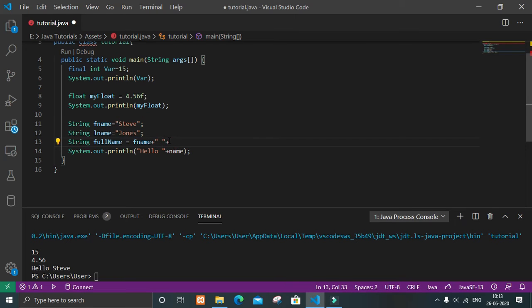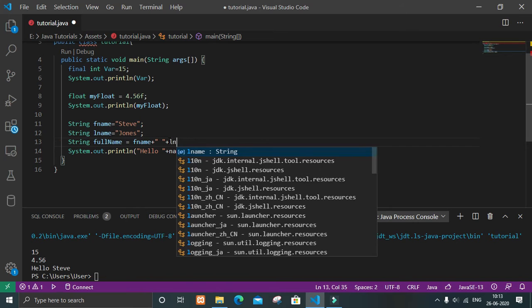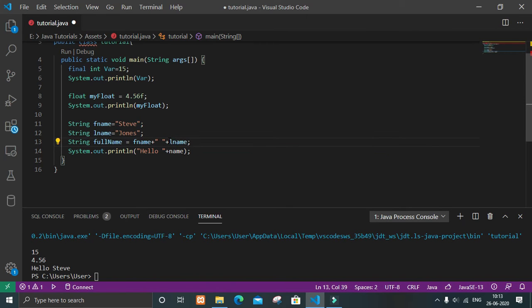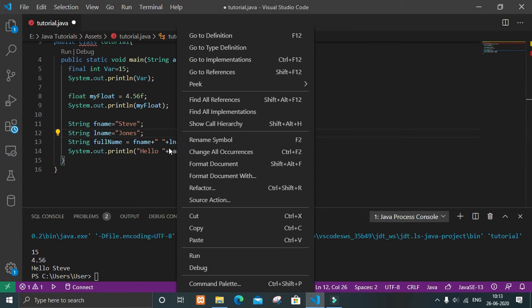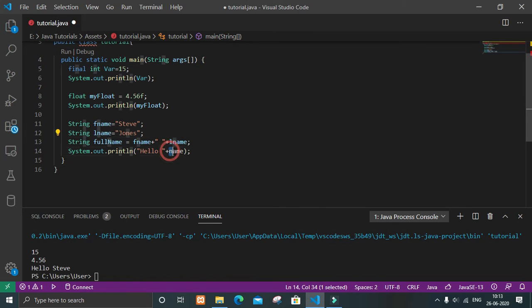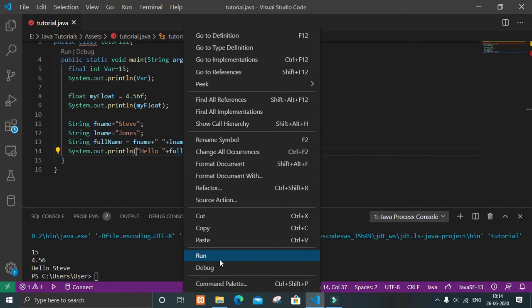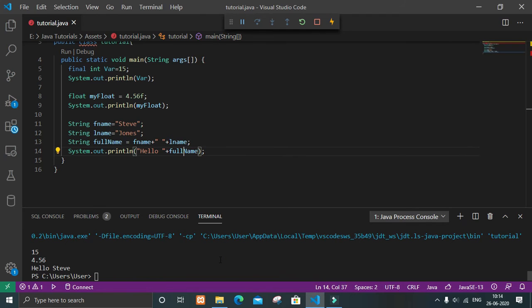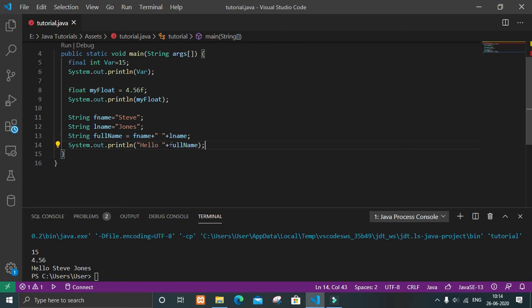After that, last name. Now let's change this value and give fullName. Now let's run it and see what happens. Here you can see hello Steve Jones. So this is how you can concatenate two string variables.